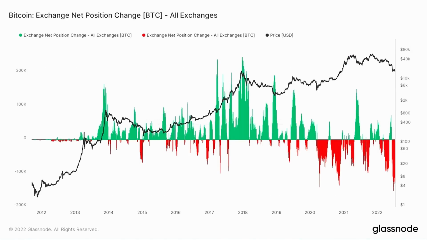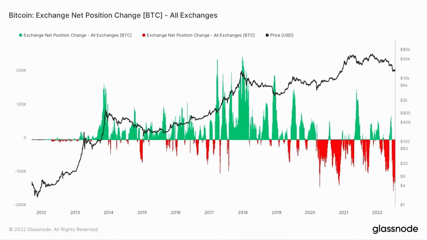Net exchange balance. So this is showing you the amount of Bitcoin flowing from and to the exchanges. So for the newer people here, when there's a big sell-off about to happen, Bitcoin goes from private wallets to the exchanges, because that's where you sell. You sell it on the exchange. And before big rallies, you take it from the exchange into your own wallets. So all the green stuff here shows Bitcoin flowing to the exchanges, big influx of Bitcoin to the exchanges just before the dump. And all the red stuff is Bitcoin flowing away from the exchanges. So when you see big red, you tend to see big rallies.